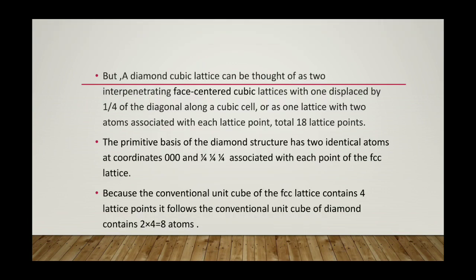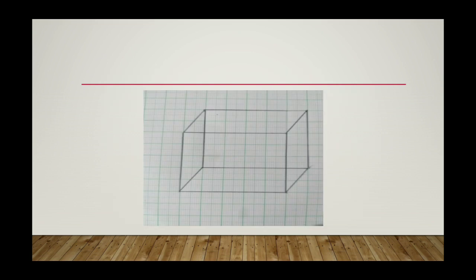So here we can't understand what is described by these lines. So I give you the structure of the diamond step by step. First we draw a cubic unit cell. I am beginning with a cube. This is a skeleton cube. This becomes a diamond cube when we properly locate the atoms.